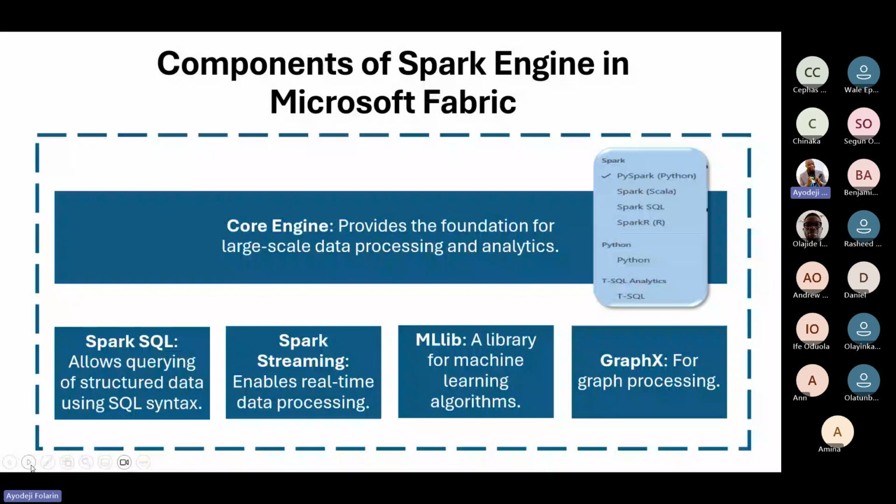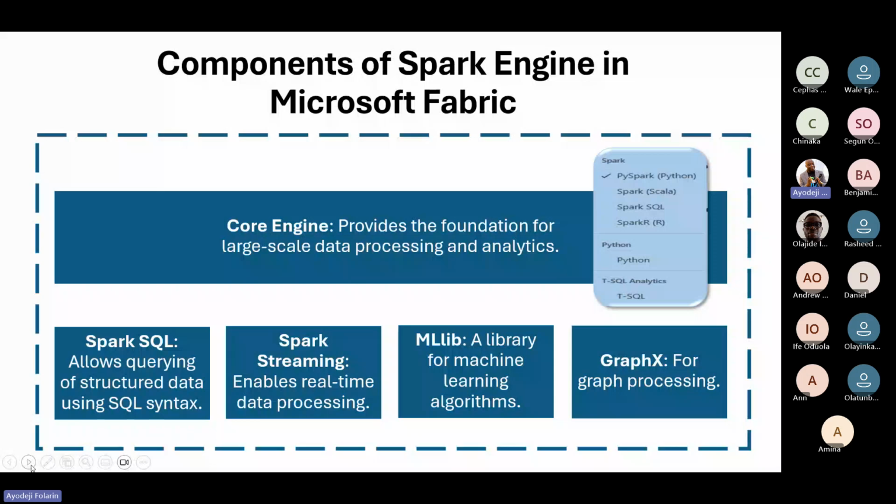We are using languages like PySpark, Spark that is Scala, Spark SQL, and Spark R. We can use any of these 4 languages in Microsoft Fabric to interact with the core engine itself, which we are going to demonstrate shortly.